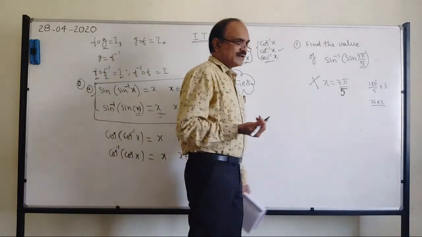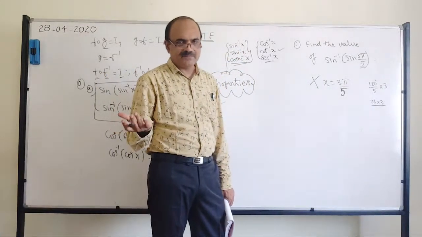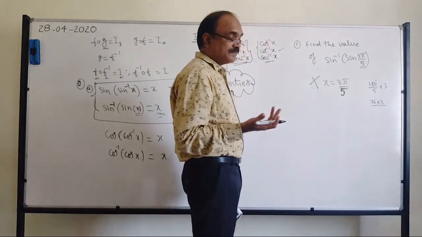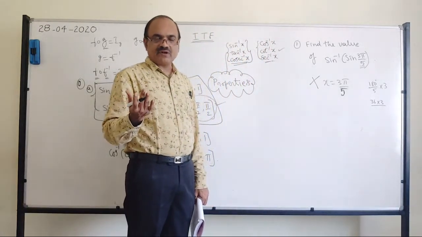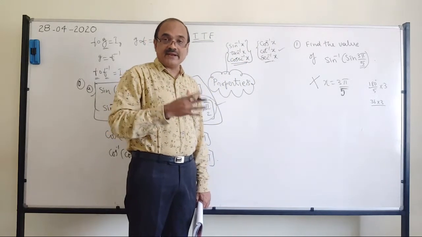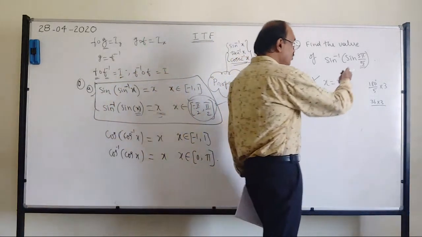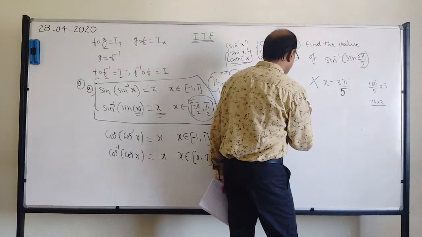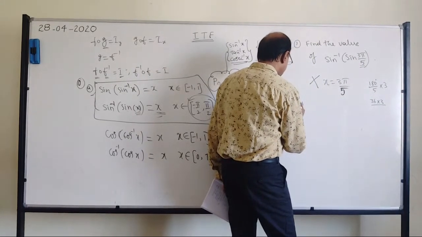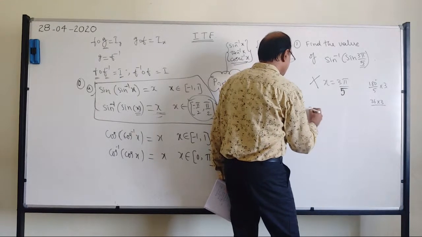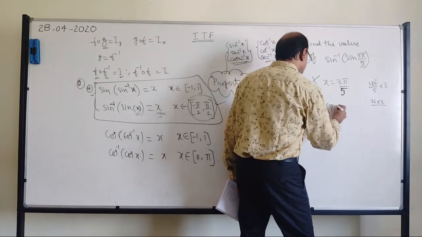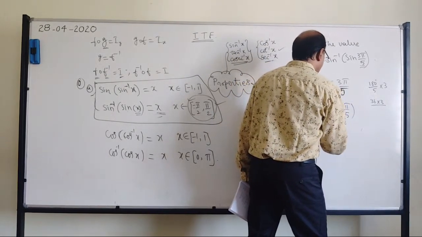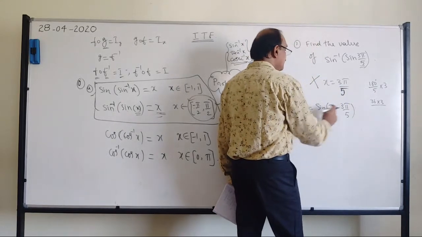So you know for every angle, for sine, you can write sine of 90 minus theta or 180 minus theta. You have got either 90 minus theta or 180 minus theta. Which one will you use here? Because it's more than 90, you should use 180 minus something. So sine 3 pi by 5 can be written as sine of 180 minus 3 pi by 5, because sine of 180 minus theta, that is pi minus theta, is sine theta. So you can write like this.